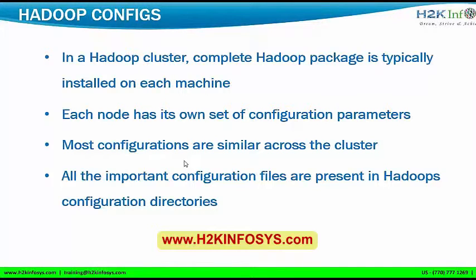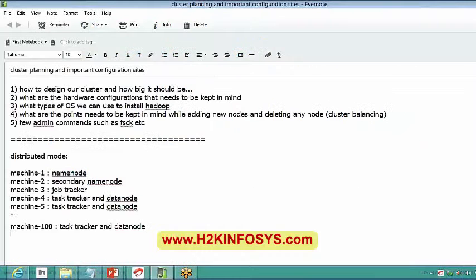Each node has its own set of configuration parameters. Suppose there were some 10 to 20 configurations that need to be done on each of the Hadoop installations. So each machine will have its own set of configuration. This machine may have configurations as conf1. I'm just mentioning the name as conf1, there is nothing like conf1. I'm just trying to let you know that the configurations would be different.